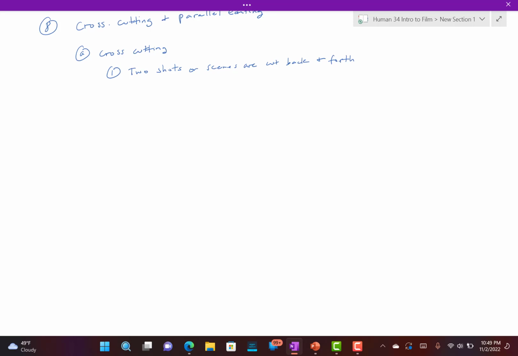And so what it does is it allows us to see 2 different locations or settings and events happening. And so what they did is they cross-cut to create a montage of that training sequence, because you had scene 1 and scene 2, right? And then for parallel, it's similar. You have 2 scenes that are taking place with this. And it's the idea of 2